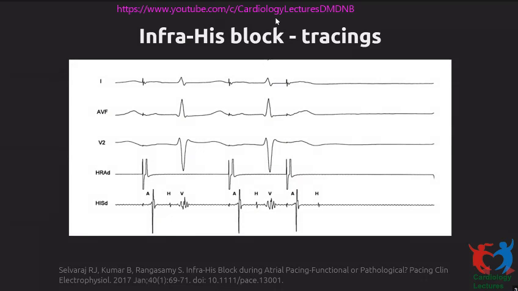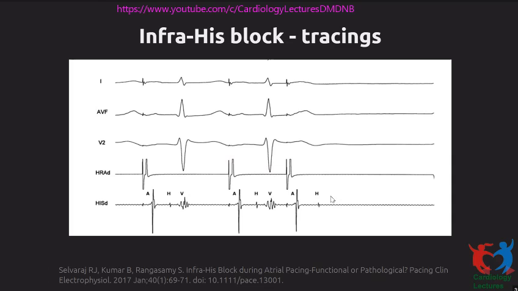So this is a patient, we're doing an EP study. What we do is atrial pacing. These are 2 beats of atrial pacing, and this is an atrial extra stimulus. So during the atrial extra stimulus, like I told you, the His bundle electrogram records an A, His, and a V. And here you see A, His, and then no V. So this is a block happening below the His. Now, this is infrahisian block, but this is not an indication to pace.